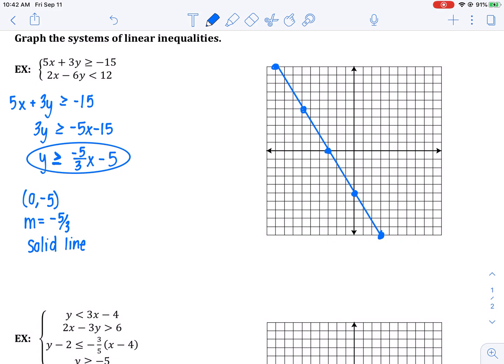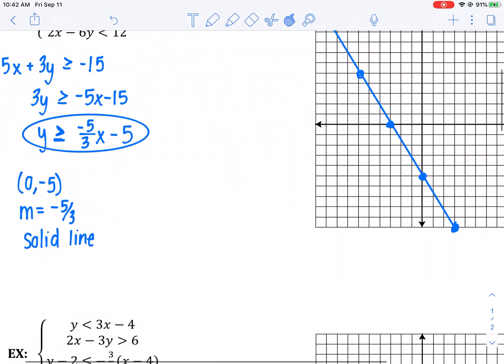And now I need to figure out where to shade. You're either shading to the right or to the left. I like to choose a test point. I'm going to choose the test point of 0, 0 whenever I can. It's a very nice test point if your line is not really close to it. Okay, it's clearly on the right side, so I'm going to test